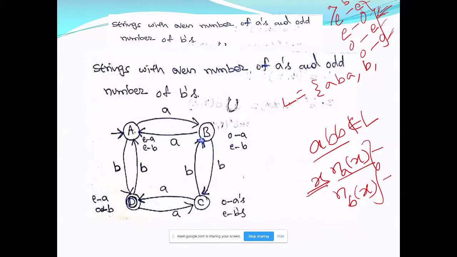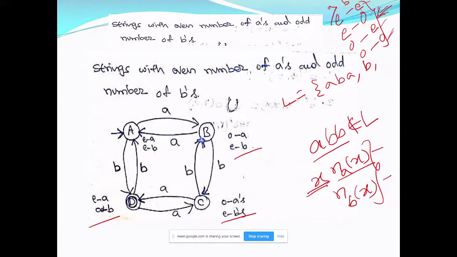So whenever I'm in A, I assume that A is for even number of A's and even number of B's, and B is for odd number of A's and even number of B's. Then C is for odd number of A's and odd number of B's, and D is for even A's and odd B's. Now look at when I am in A, meaning even number of A's and even number of B's.